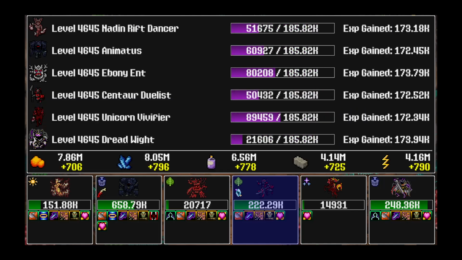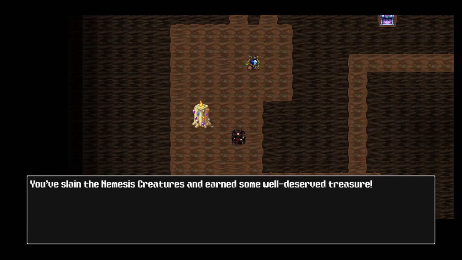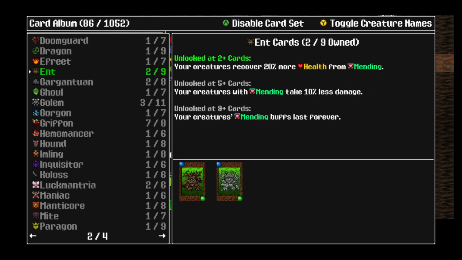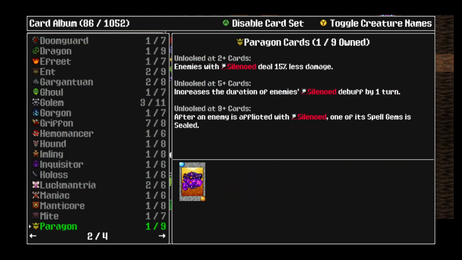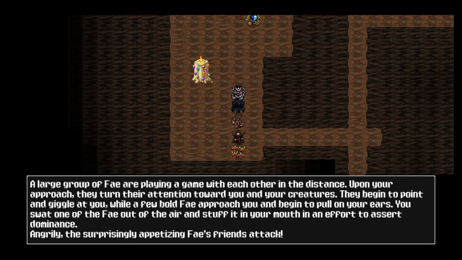Finally, after too many resurrections in a row, hey, we get a card. That's what I like to see. This is from the Paragon card set. Pick it up. Slaying the Nemesis creatures. Let's take a look at the Paragon card set. This is our first card in that set. If we find a second card, we'll start in this little collection of extra buffs, which make silenced a stronger debuff for the enemy. Interesting. All right, could be pretty powerful. All right, let's